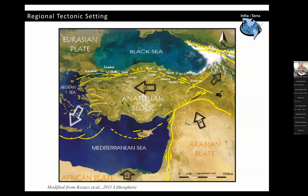Basically, today I'd like to take you on a road trip in Turkey on the North Anatolian Fault, starting in the east and moving along the fault to the west. We'll be visiting a paleoseismic site on the eastern section, a couple of sites on the central section, and then an interesting site on the western section of the North Anatolian Fault. But in a very simplified sense,